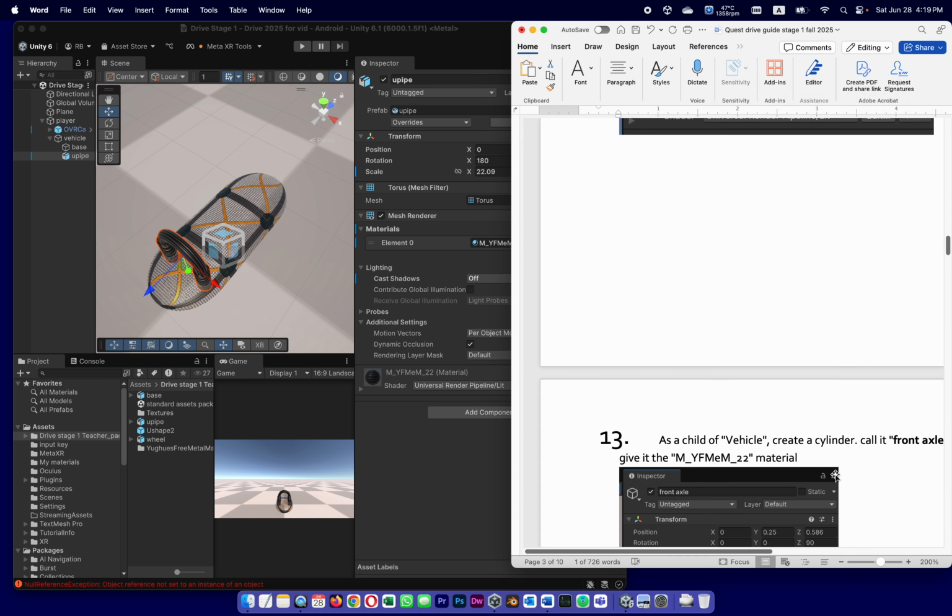The next thing we're going to do is create axles, so the wheels can be mounted on axles. But it seems to me like that would be a perfect place to pause at step 12. I will see you at part